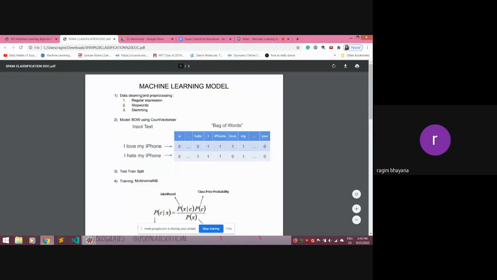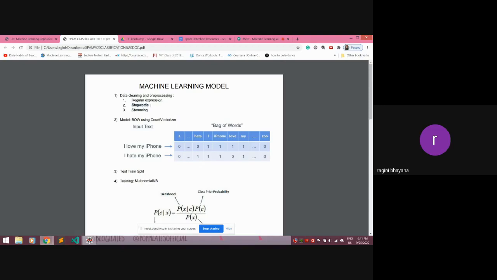So for our data cleaning and pre-processing in natural language, we have regular expression, stop words, and stemming. Regular expression will remove characters like full stop, exclamation mark, question marks, which are insignificant in determining whether it is spam or ham. Stop words is a list of words, stop words English.